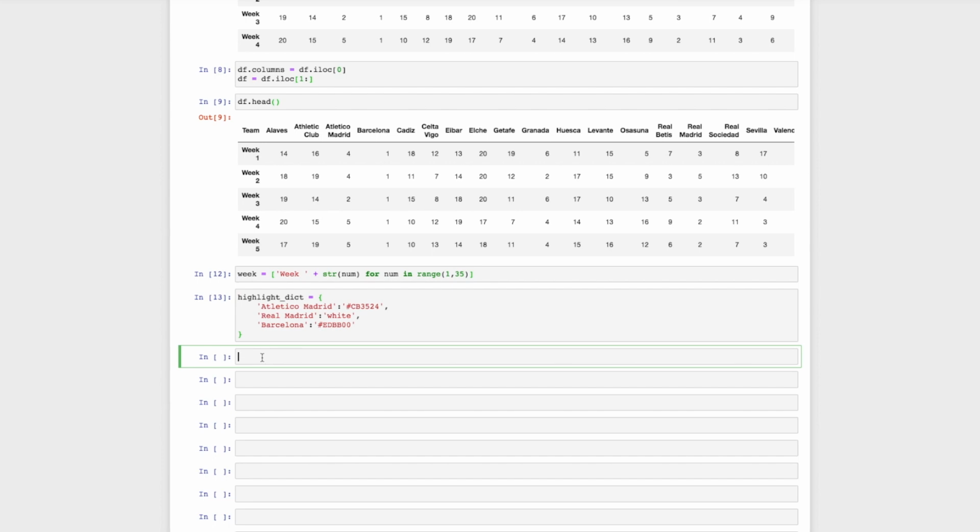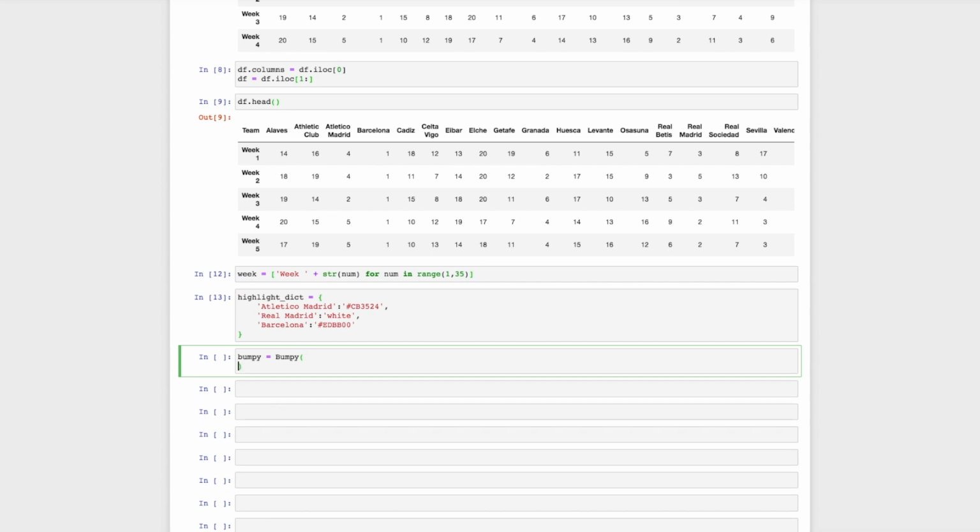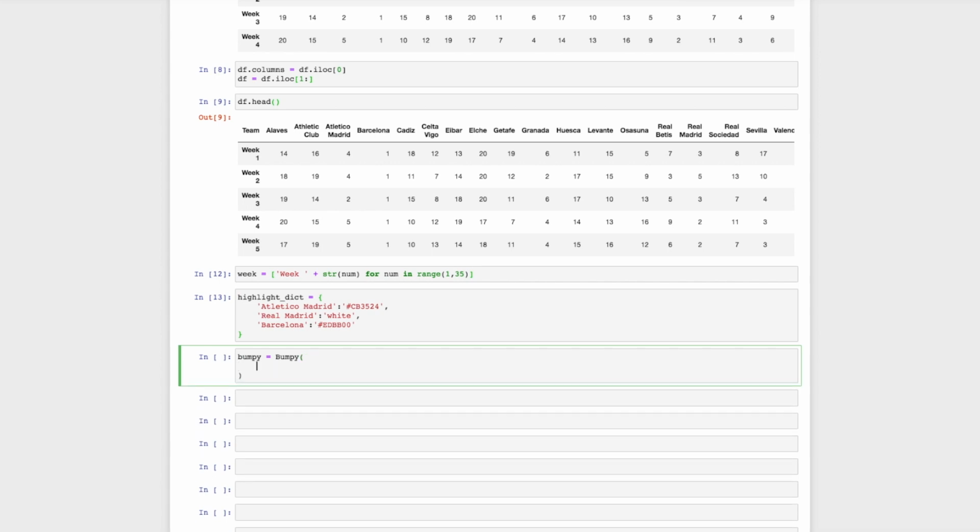So the next part is we need to create a bumpy object. What this does is allow us to plot an object on top of the graph we're creating. To create this, we're going to use mplsoccer. We're just going to say bumpy, so lowercase bumpy equals, and then capital Bumpy like that, and then parentheses. I like to hit enter twice so I know what I'm working with, and then you can tab over. Then we need to do scatter colors. We're going to make it a grayish color, so we'll say scatter_color equals, and then hashtag